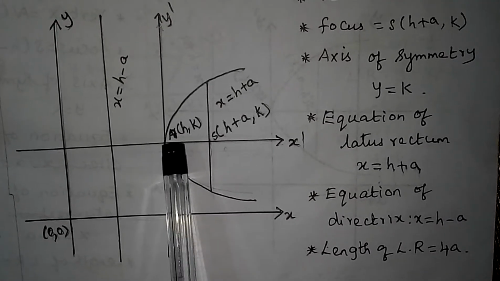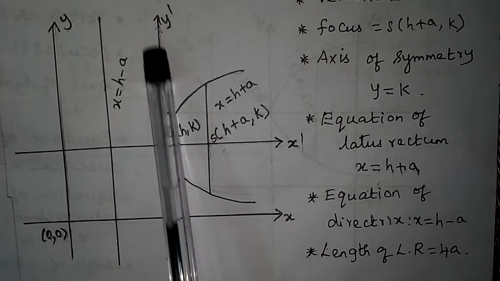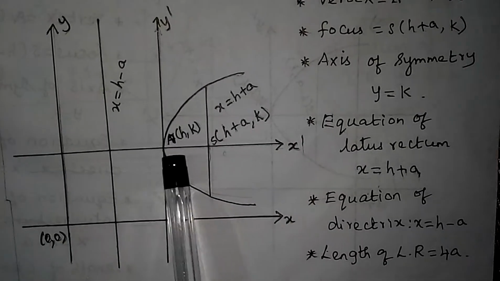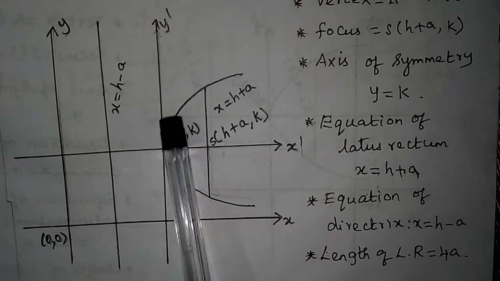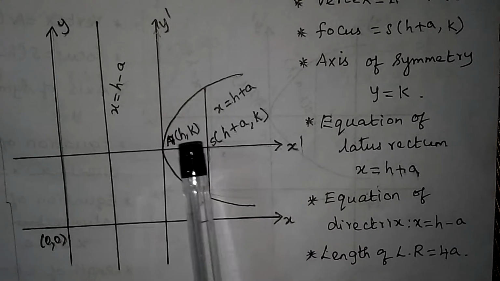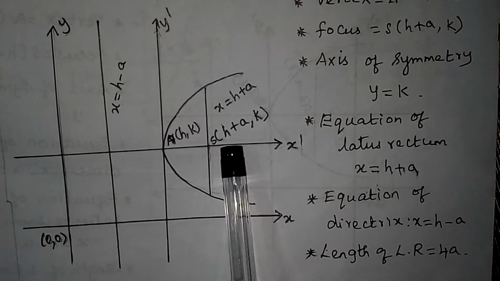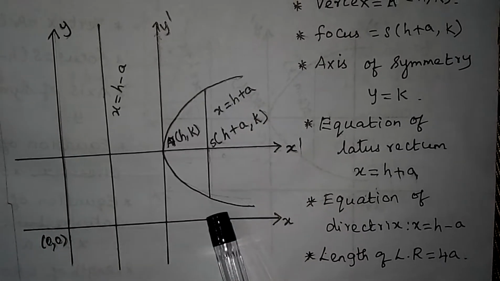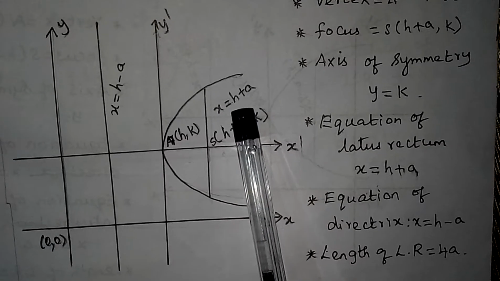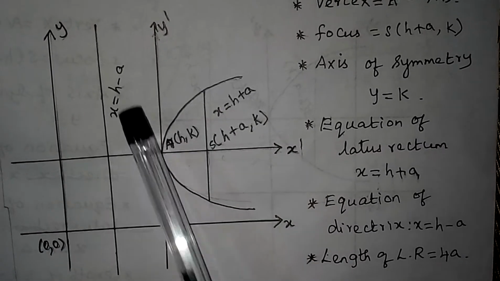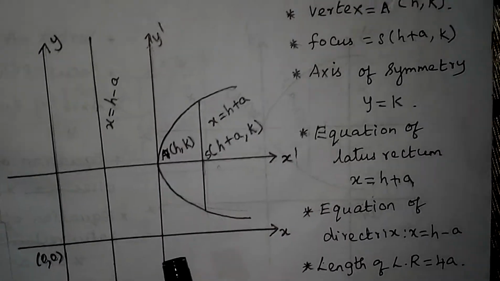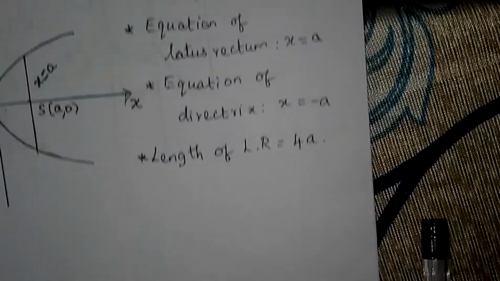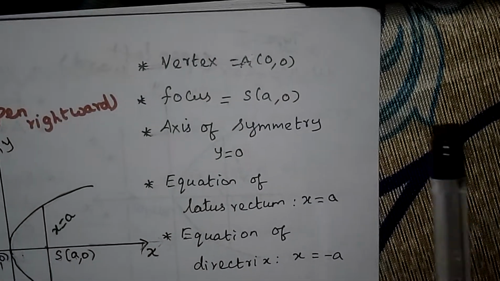So after marking the vertex here, you draw one x-axis, y-axis. Then for this parabola, I am taking the focus. It will be inside here, the focus will be, and we can draw a perpendicular line here, and that will be our latus rectum. At the back of the parabola, we'll have the directrix. And how you can remember the formulas is, if you are clear with this formula itself, it is enough.